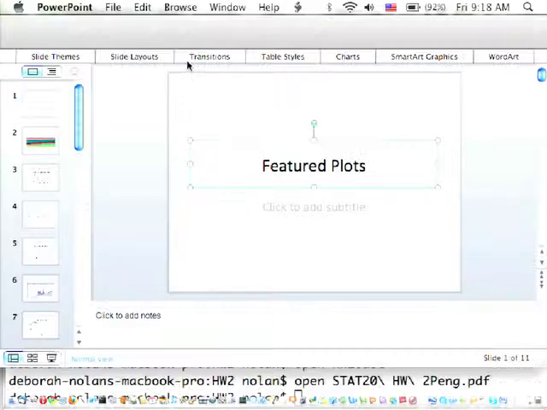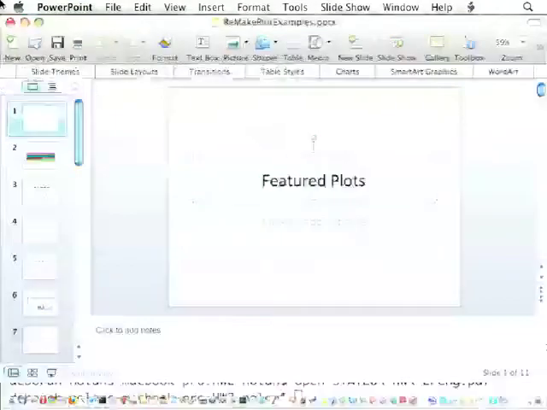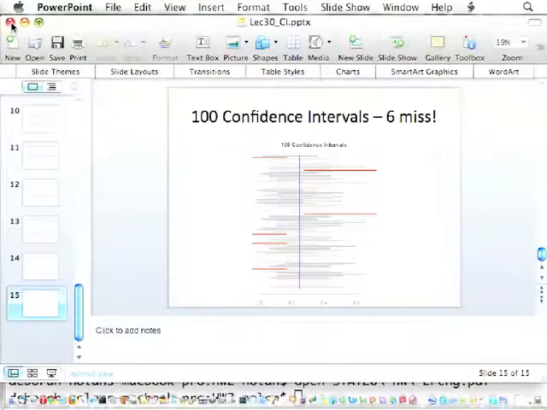Okay, so those are 5 that I chose. It took me a long time to pick ones. I wanted to pick various ones to show you the spectrum of the kinds of things that you all did. And many of the others were really quite nice as well. Okay, so